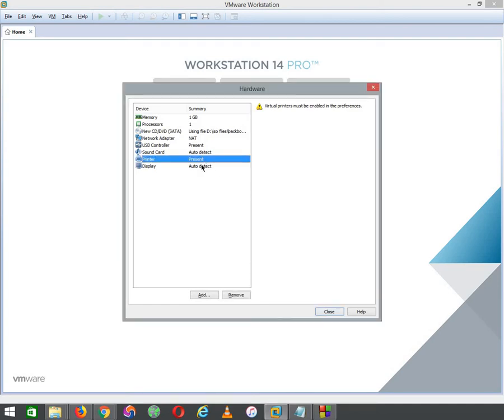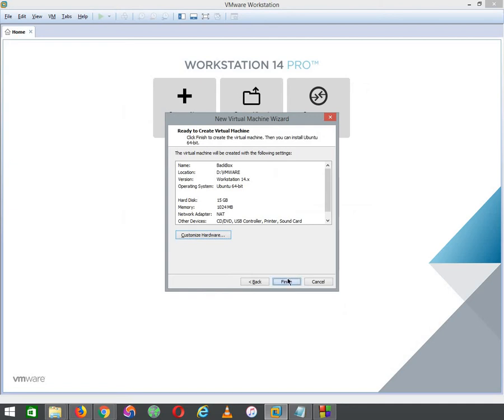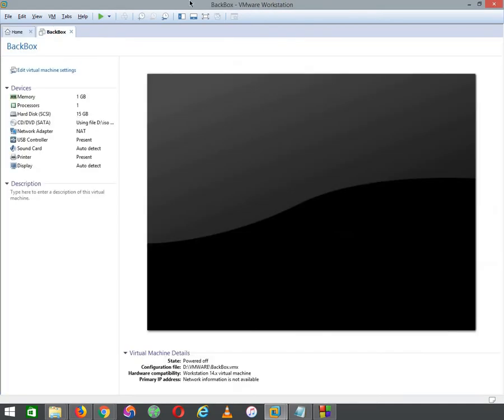And then you can select the printer if you feel like, and it said something here. But this is not going to be for this video, it's going to be for maybe some other time. So you're going to click on close, and then you're going to click on finish. And then this comes up. So you click on power on this virtual machine,